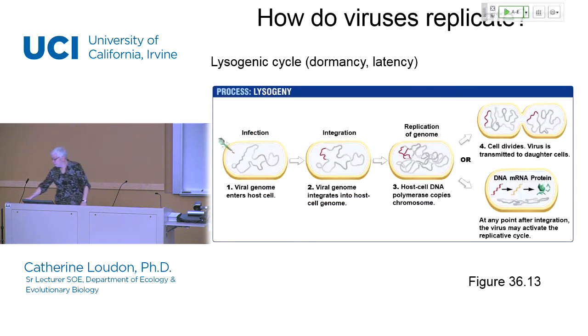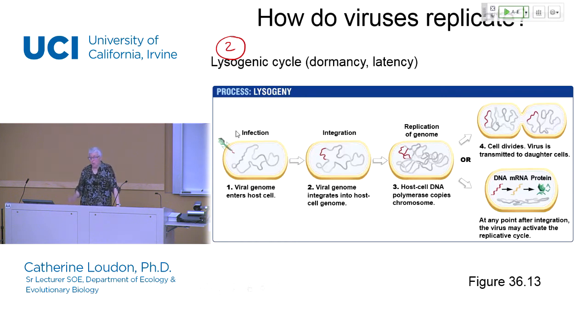But now let's consider the other major category of ways in which a virus can be replicated. It has a different name because it's a different process, and this particular process is referred to as a lysogenic cycle as opposed to a lytic cycle. It is also described as being an example of viral dormancy or viral latency. And so in this process, which is outlined in figure 36.13, which is in front of you right now,